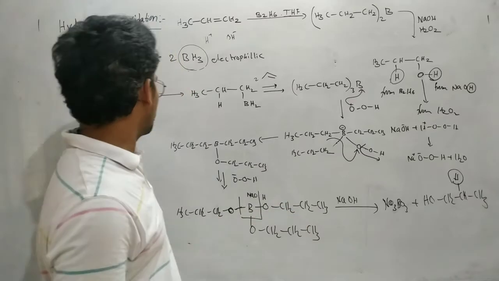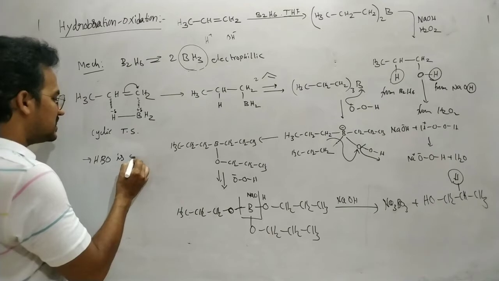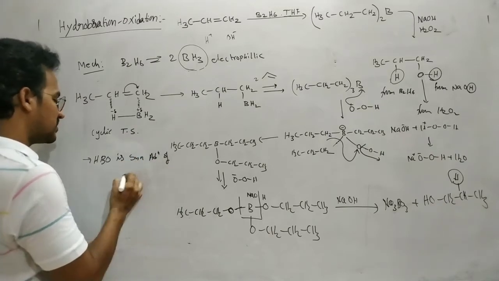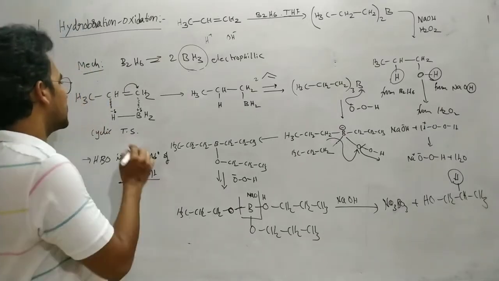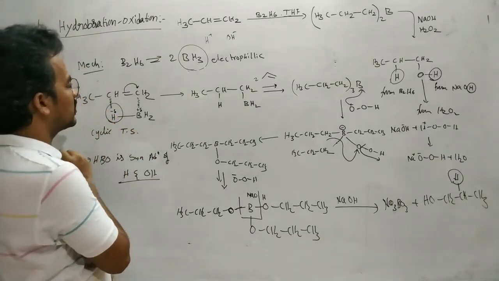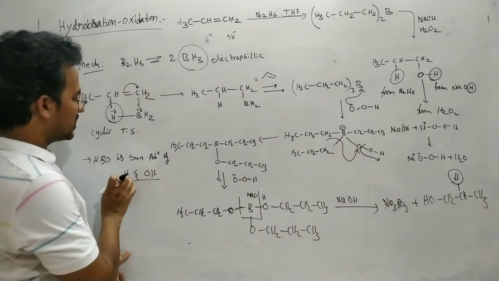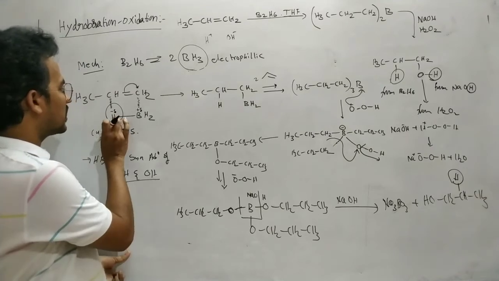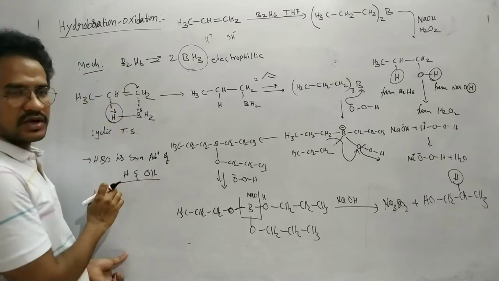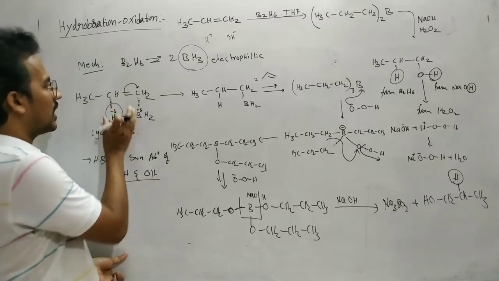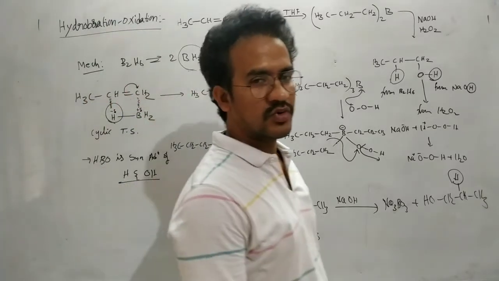And one more important point is that this hydroboration oxidation is a syn addition of hydrogen and OH. We can see in this case that hydrogen is added on this carbon, and on this carbon finally OH is there. So it is a syn addition of H and OH. How can you say? Because this BH2 and this hydrogen are added to the alkene from one face only. This boron molecule approaches the alkene from the same side, as a result of which it produces a syn compound.